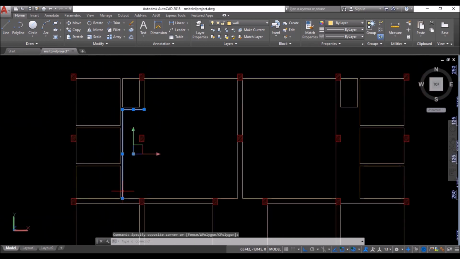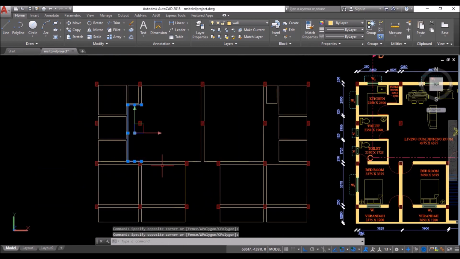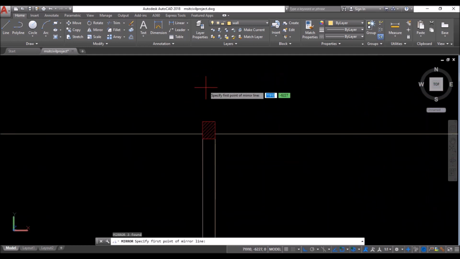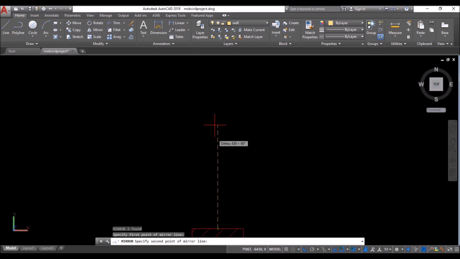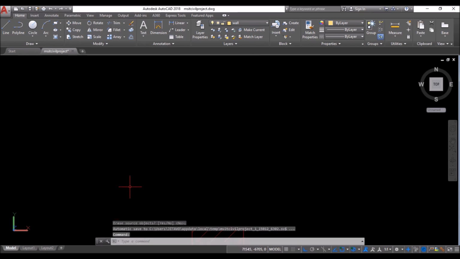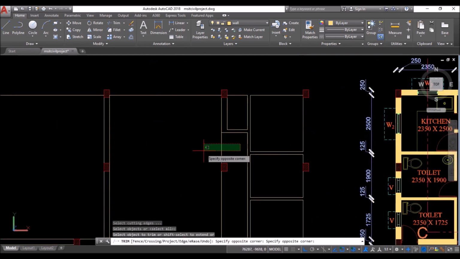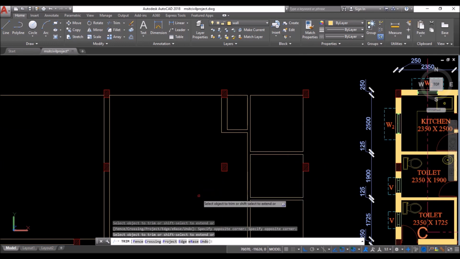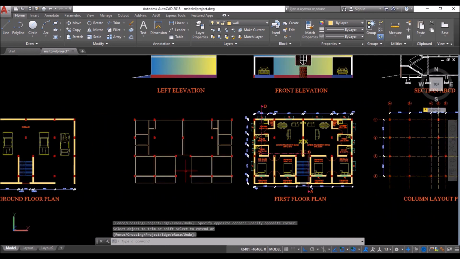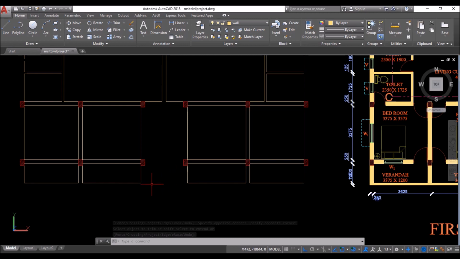Then select the lines as shown. Type MI and press enter. Click at this midpoint snap and then click upwards and press enter to mirror the lines to the right side as well. Then type TR and press enter twice again and trim the lines as shown. Press escape, enter or right click to exit from any command.